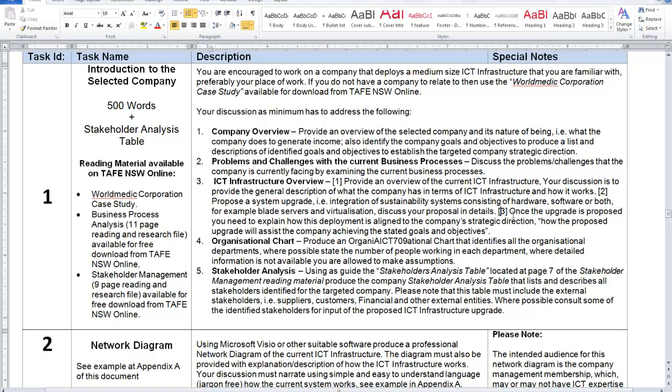And in point number 3, once the upgrade is proposed, you need to explain how this deployment is aligned with the company direction, how the proposed upgrade will assist the company in achieving the stated goals and objectives. Now, I'll bring you back to point number 1, where you provided a list of descriptions of identified goals and objectives to establish the targeted company strategic direction. The company's strategic direction, for example, may be to